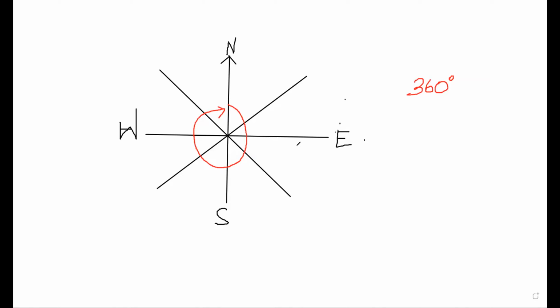Within these major directions of north, east, south, and west, we have other angles, which people are familiar with. Between north and east, we can have an angle which we are calling northeast. Then between south and east, we can have southeast. Then between south and west, we can have southwest. Then finally northwest.